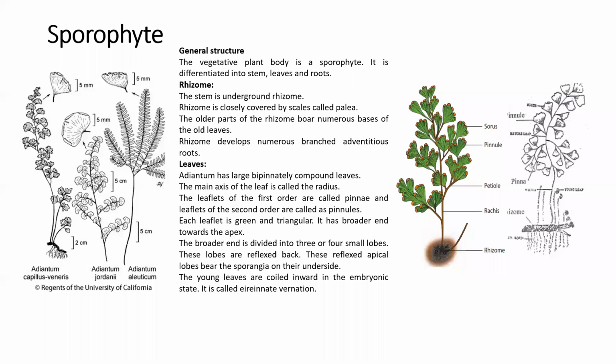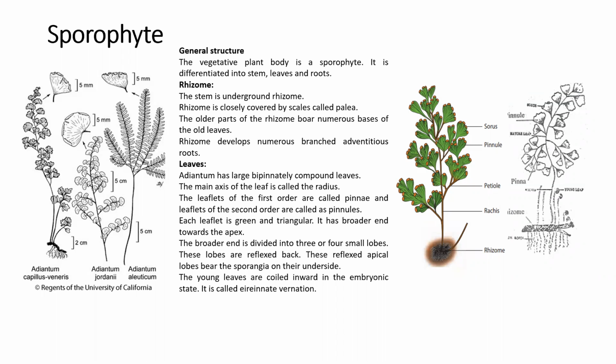Each leaflet has a broader end toward the apex. The leaves are wing-like structures, and due to this, the apical lobe of the leaves has a broader region,